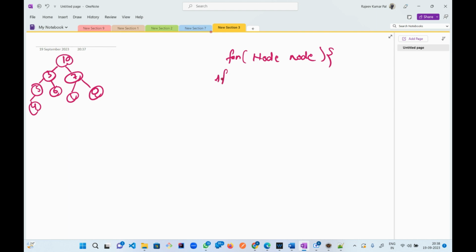Okay, base condition: you have to check if... I should take root here actually, but no problem, I can take node only. If node is equal to null, अगर ये null है, so you should return immediately. After that you have to create a queue actually,